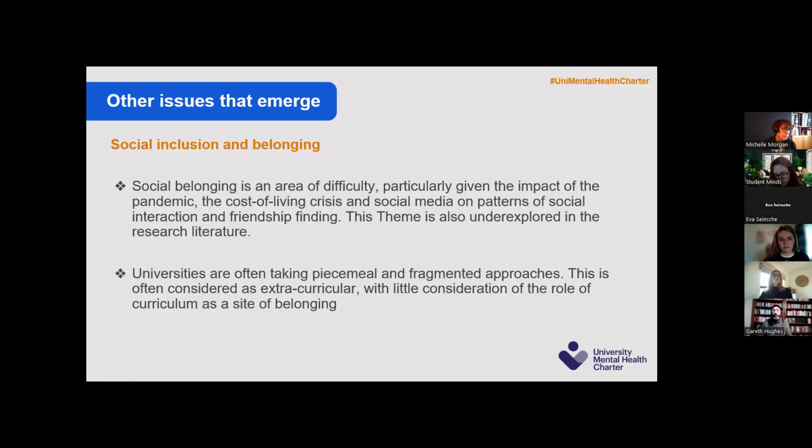In terms of what universities are doing, a lot of what we're seeing is that the thinking about social inclusion and belonging sits outside the classroom. It's thought about as what the student union does, as one university said to us when we were talking to them about it. Or it's seen very much as an extracurricular piece. There are university-level things. There might be a student life program going on, but it's all disconnected from curriculum.